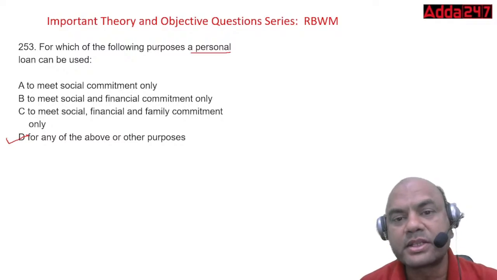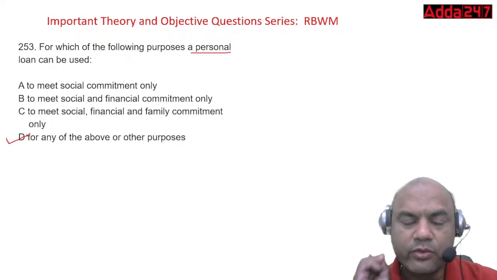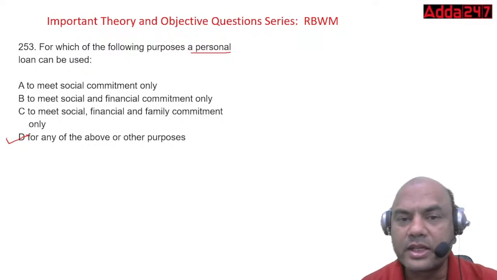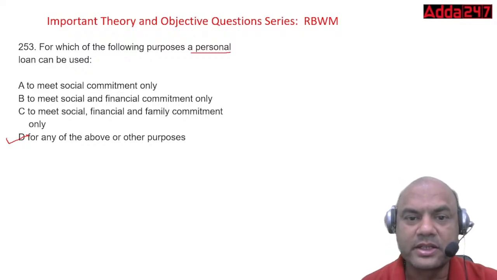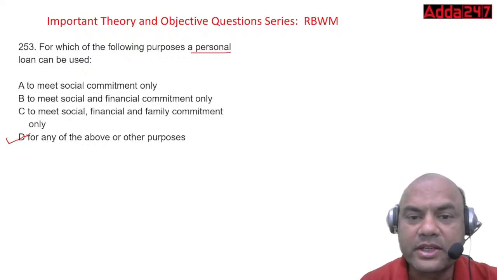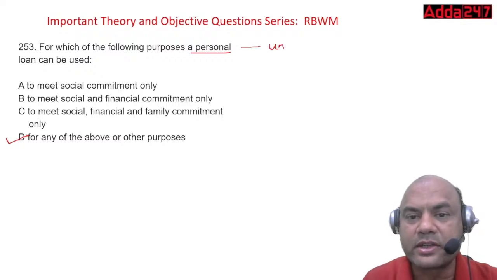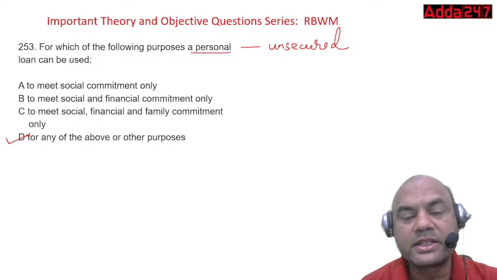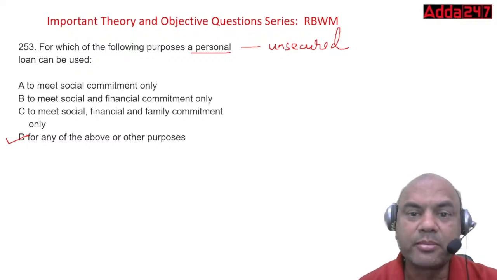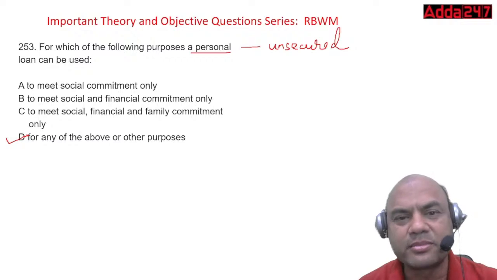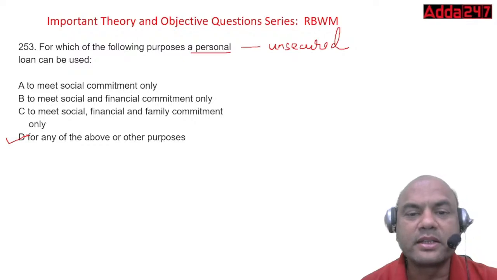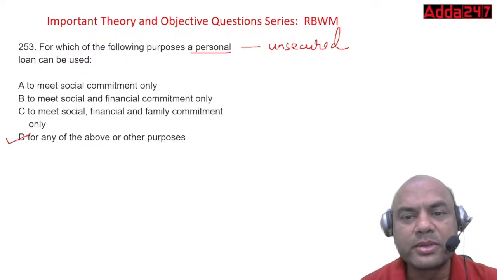Here, personal means freehand. No one can force you to use these funds here or there. So it can be used freehand for anything if you want. That's why it's called personal. Personal loan is basically an unsecured loan. Remember this. No security is asked in a personal loan, but some banks do ask for it, depending on their risk appetite. Some banks ask for some bike or some minor collateral. But remember the rule is personal loan means unsecured.